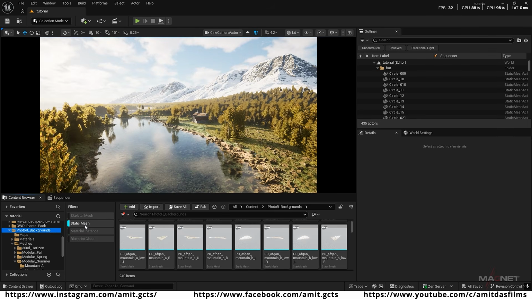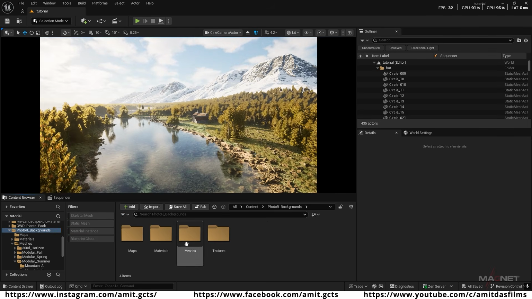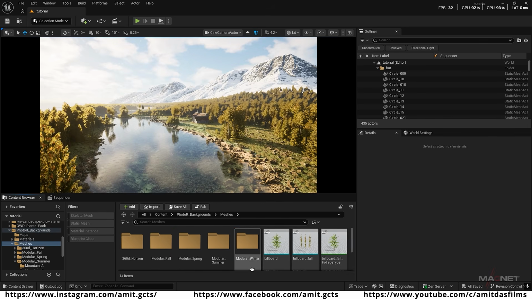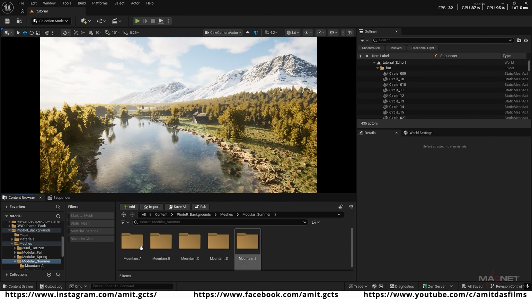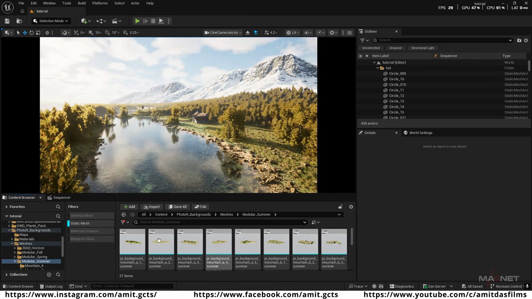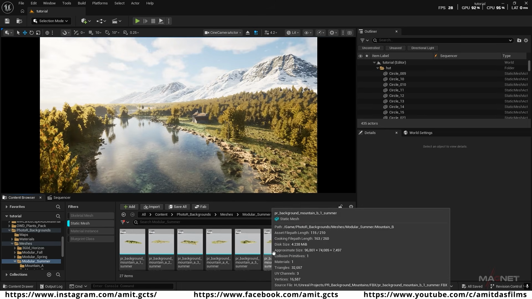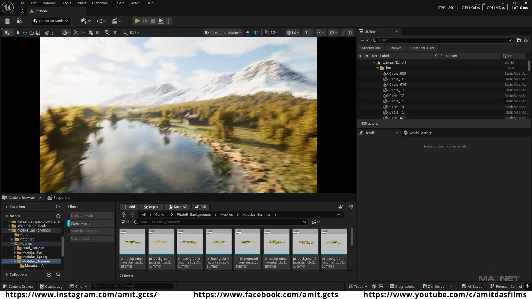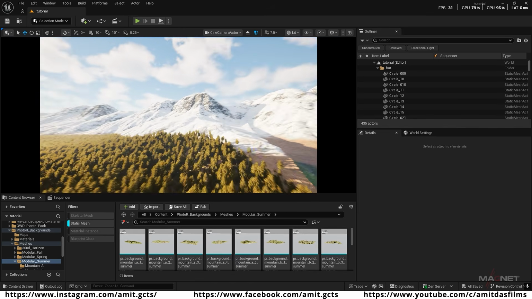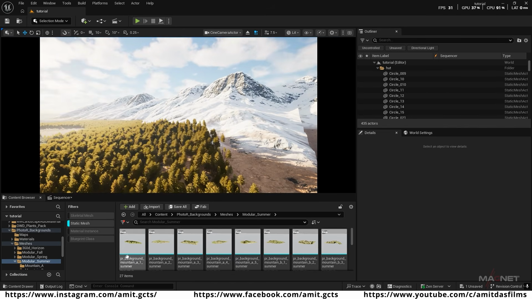And we disable the static mesh filter. Then we go to this mesh folder, and we go to this modular summer, and then we enable the static mesh filter again, and here you can get those mountains here. So maybe we can use one of them. So first we come over here and maybe use this one,